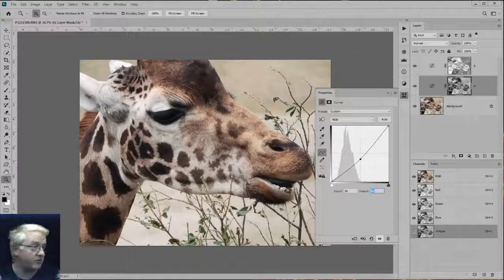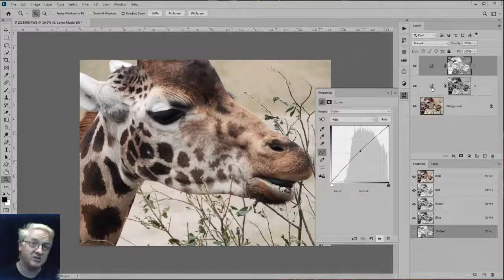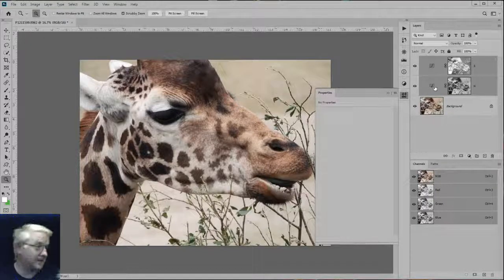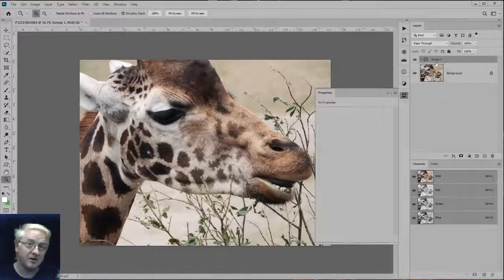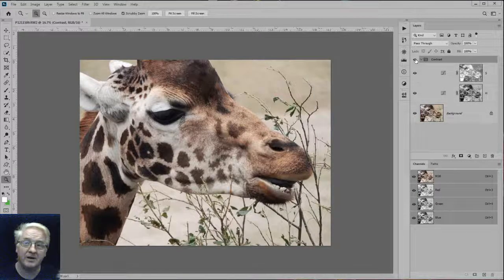in the shadows. So if I was to add the two of those layers by holding down shift, click on the top layer and select the two layers and drag them into the folder icon, the group icon, we'll have grouped them, and just call it contrast. Okay, now we can turn that whole folder on or off. So that's before and after, before and after. Okay,